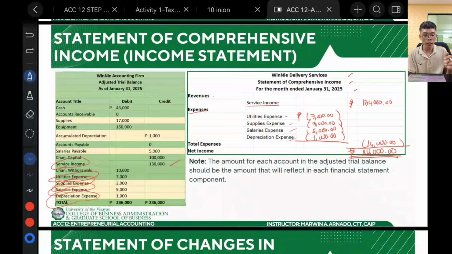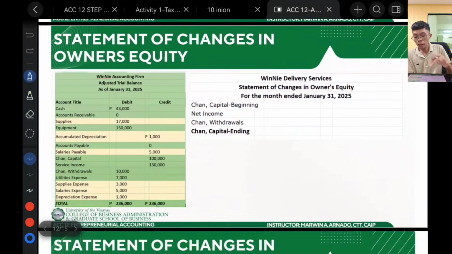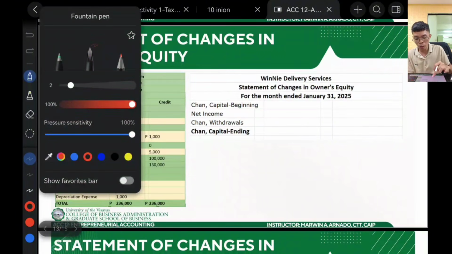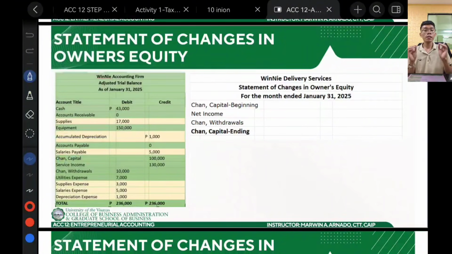Okay? After which, we can now proceed to the next financial statement, and that is the statement of changes in owner's equity. So as what I have said earlier, statement of changes in owner's equity represents the ownership of the company. So pila naman ang capital ni owner at the end of the accounting period. So the pro forma for that is this one, class. We have here first the name of the company, statement of changes in owner's equity, and then for the month ended January 31,